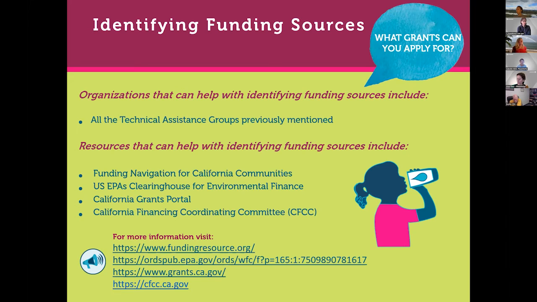So there's the California grant portal, which is only a couple of years old now. You can type in the kind of funding you're looking for, and it'll feed you the information, whether it's water, or wastewater, or habitat, or whatever kind of project you're interested in. Of course, it's much broader than just water funding. They cover a lot of different things. And then the federal grant portal is just grants.gov without the CA in the middle. That's a federal site that also has a tremendous amount of information about where funding can be available.